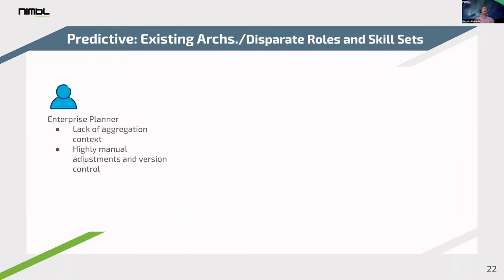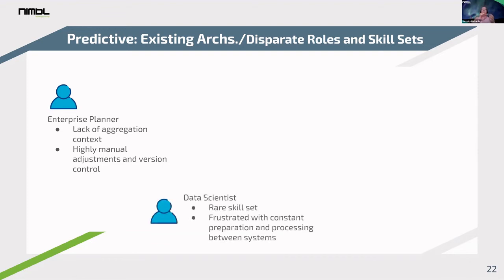From a people perspective, right? You've got a planner on the left here. This person doesn't have good aggregation context. They have lots of manual adjustments and version control that they have to do, right? They don't have a system in which they can see the iterations as the data is being provided to them. For a data scientist, again, it's somebody with a rare skill that you've managed to hire, or a third party that you may have